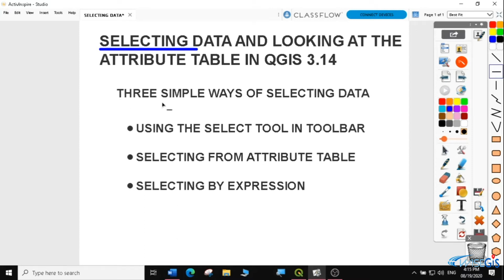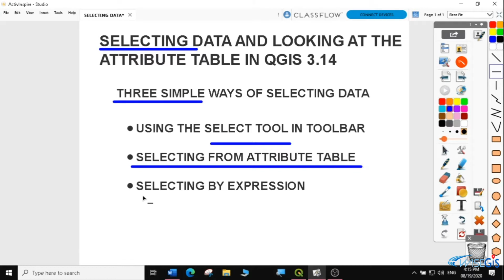So there are three simple ways of selecting data in QGIS. The first way that you're going to learn is using the select tool. The second way is selecting directly from the attribute table. And the third way is selecting by an expression. So we're going to use the select tool, select directly from the attribute table, and then learn how to select by expression. So let's go to QGIS